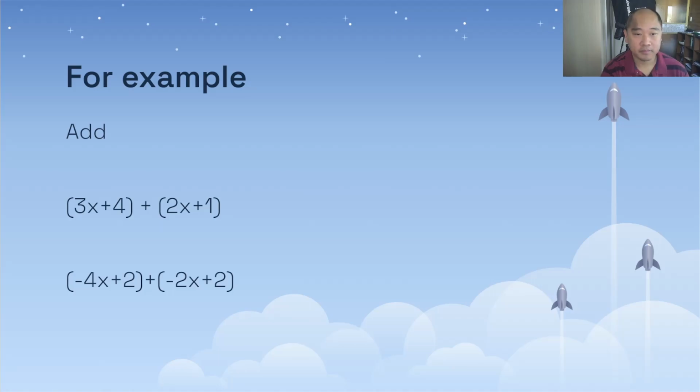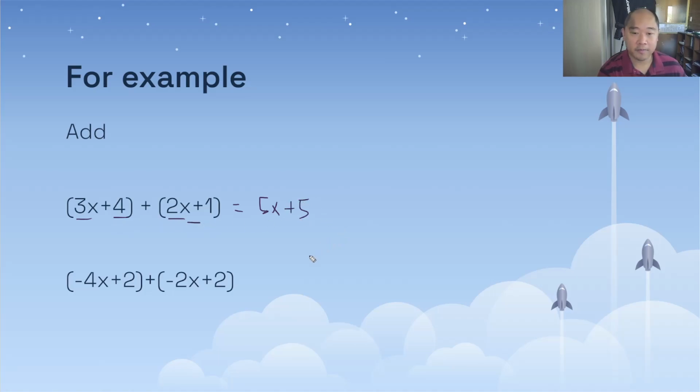Okay, so let's add some expressions. When we're adding, remember that parentheses can be taken away or moved around by the associative property of addition if all we have is addition. And that's all we have here, right? We're just adding things together. So we can move these things around, or we can get rid of them. So that means the 3x and the 2x we can combine. Those are like terms. So this is 5x, and the 4 and the 1 we can combine also